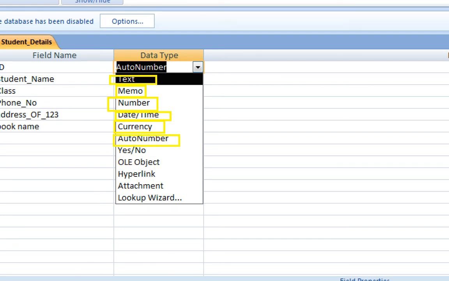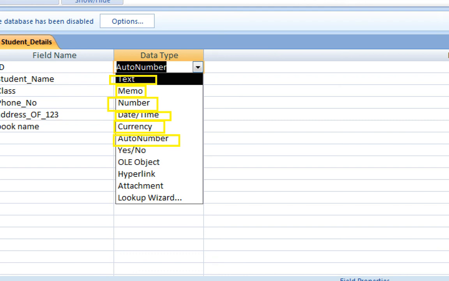Next one is auto number. It is used to store an integer value. On adding records, it increments automatically. What does it mean? When the data type is selected as auto number and you insert a record, it will be 1. If you insert another record, it automatically increments to 2. When you insert a third record, automatically it will be 3, and it goes on as you insert records.